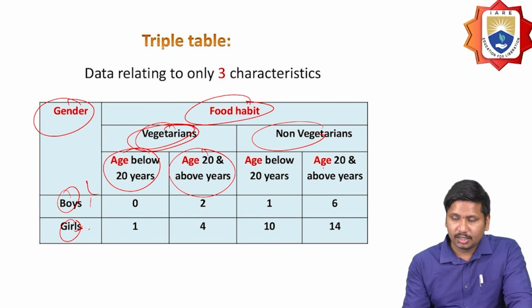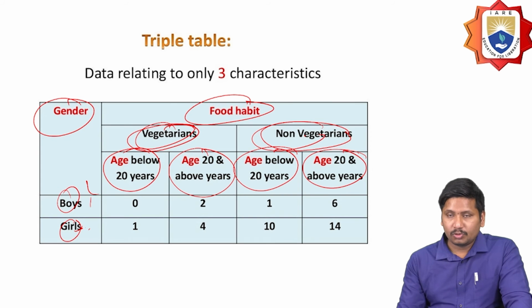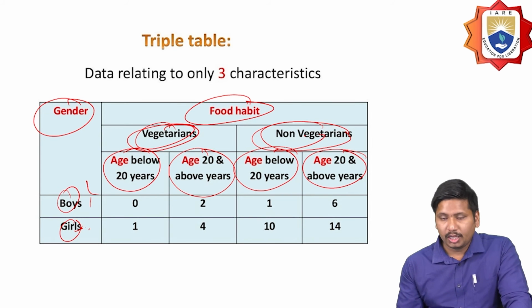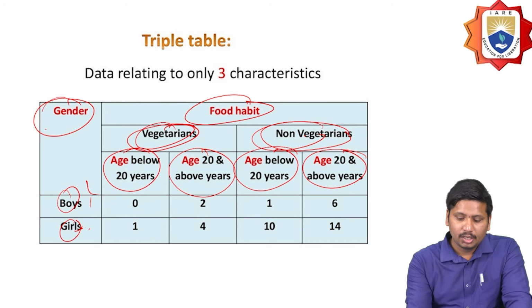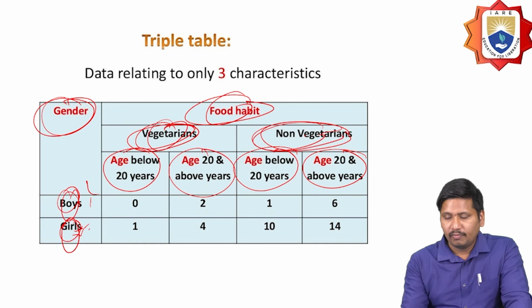And simultaneously I can divide this non-vegetarian also below 20 and above 20. So once the data is related to more than three, it should be the triple table normally. So the same thing, gender is the same here, boys and girls, and food habit is also the same, vegetarian, non-vegetarian,